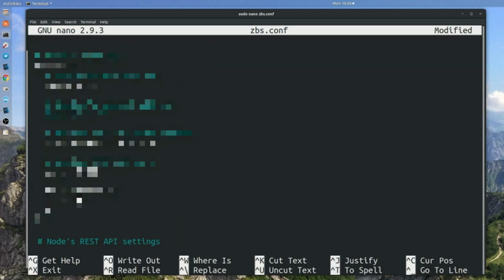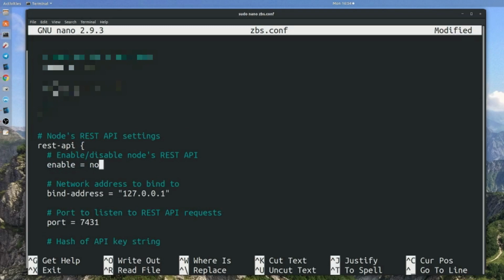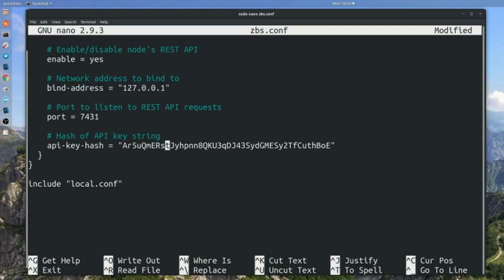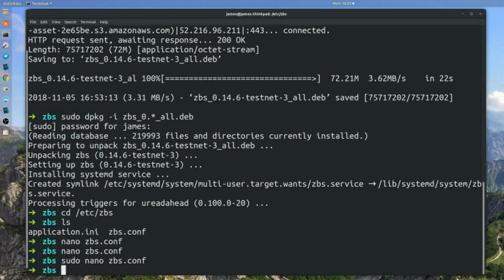And when we get near the bottom, we'll see that the API needs enabling, and we want that to listen on our localhost for now. That's fine. And again, note that that's on port 7431. So we need to open up 7430 on the firewall, but 7431 we're happy to access the API locally for now. So we'll save the changes to that file